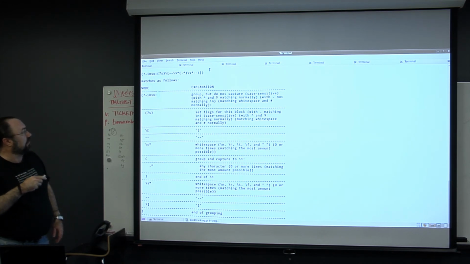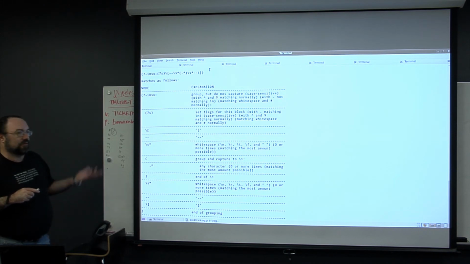This is just a default. This is the default way things are going to match. Group but don't capture with these two anchors matching normally, with dot not matching \n, which you remember, I told you that was the default.